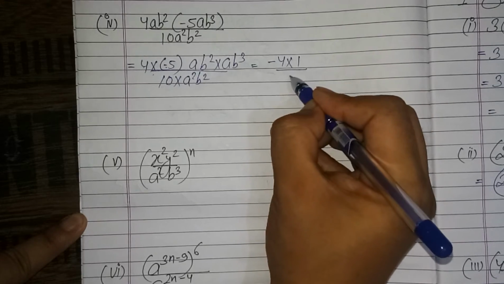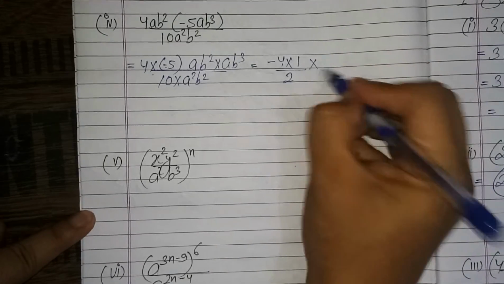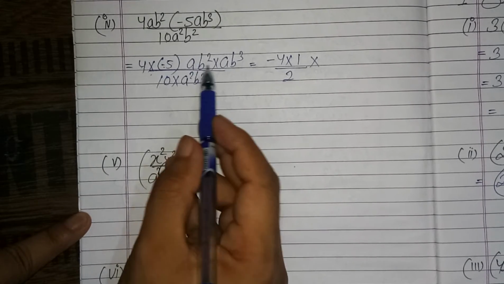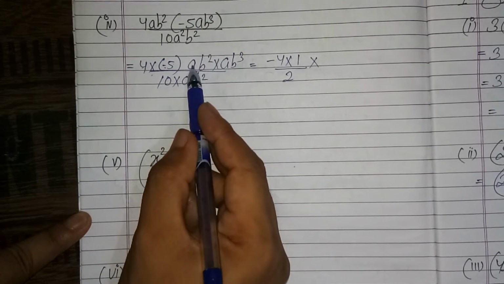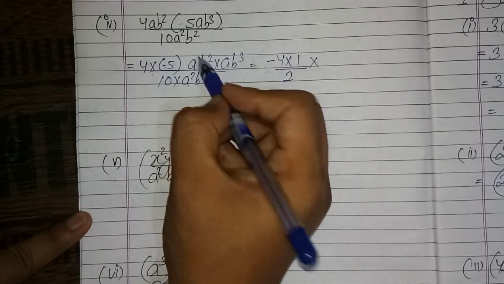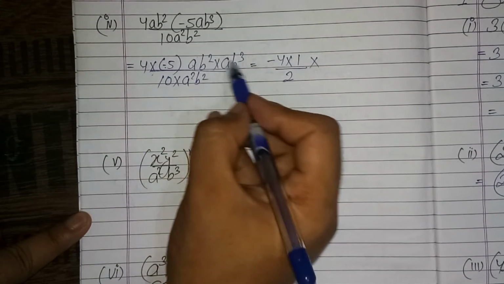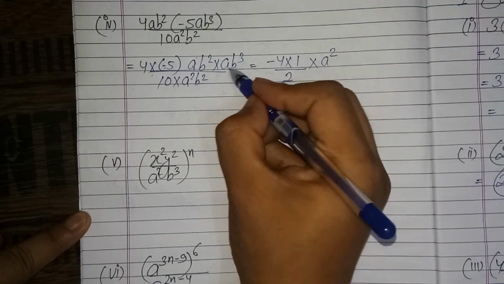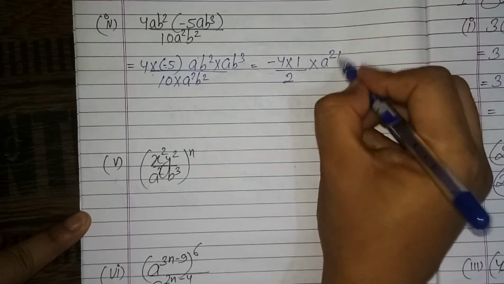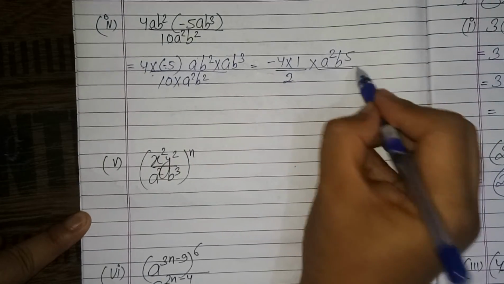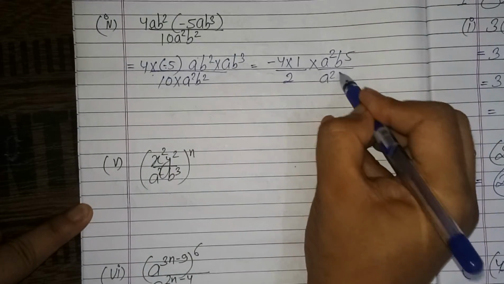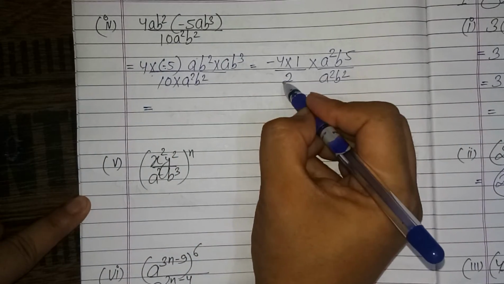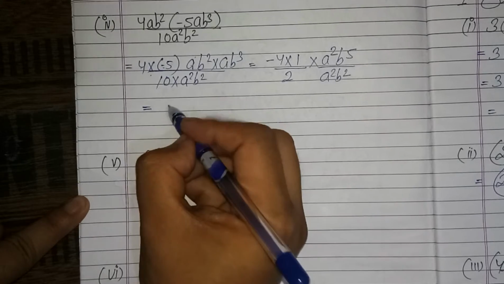Multiplied by 1 upon 2, multiplied by, since the bases are the same, their powers get added, so this is a. If there is no power, that means it is 1, so a raised to 1 times a raised to 1, 1 plus 1 is 2, this is a square. After that, 2 and 3 is equal to 5, whole divided by a square b square. Now 2 times 2 is 4, so this is simply